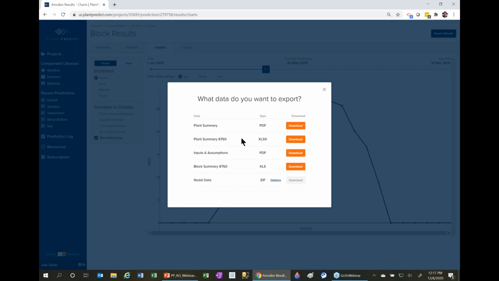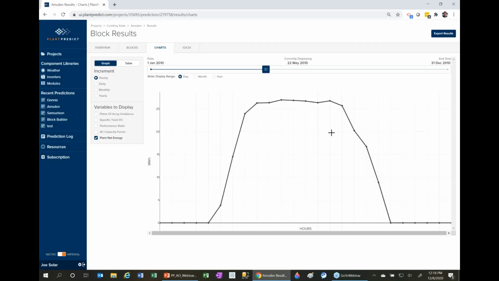Export all these results, our plant summary PDF, our 8760 Excel, our inputs and assumptions. Build that package with Anderson optimization deliverables. And seriously, you will have a very compelling documentation package to talk to your landowners, your banks, investors, your stakeholders, you name it. You did it all in 30 minutes, which is the thing that Jake and I are